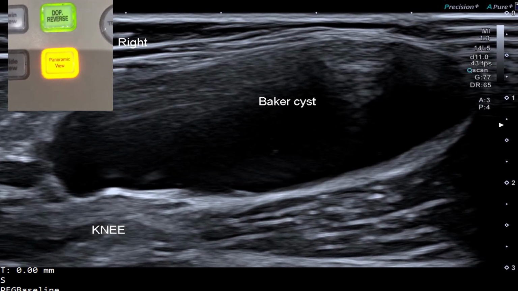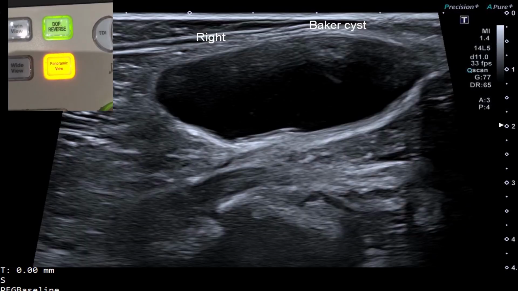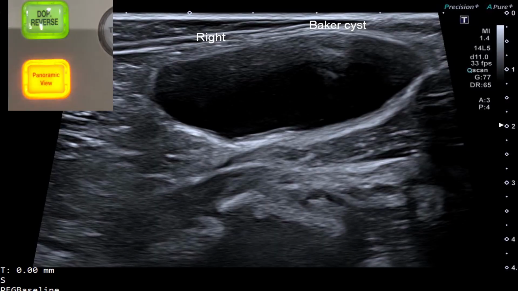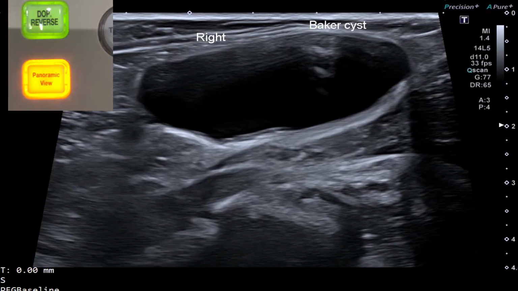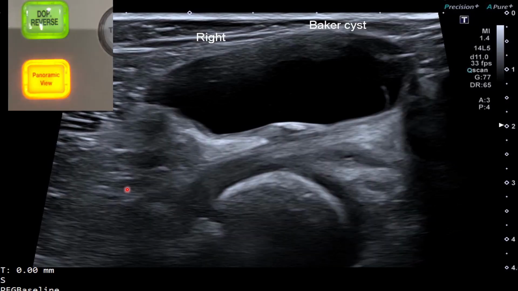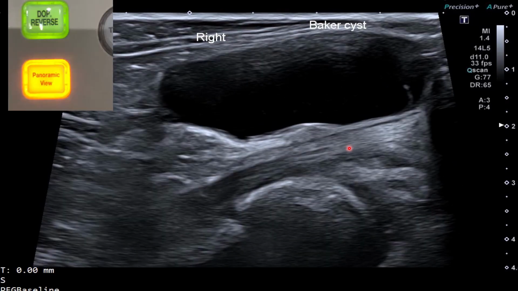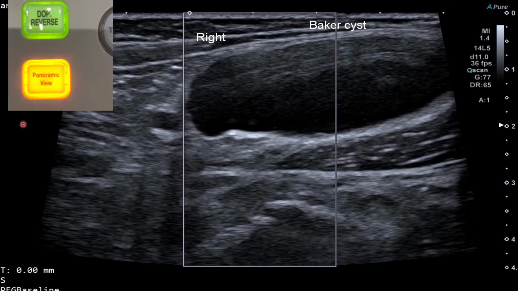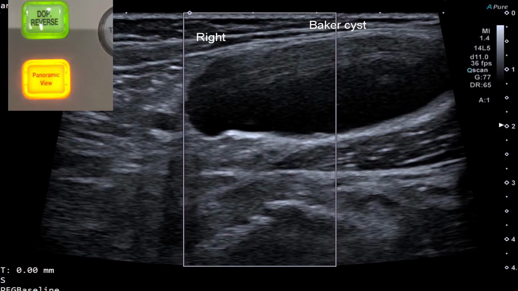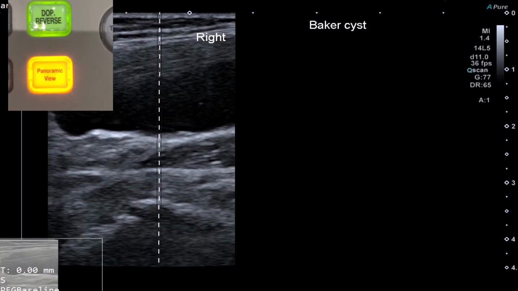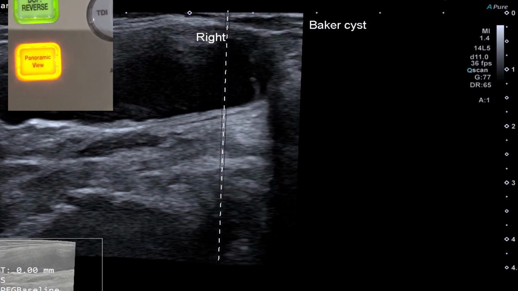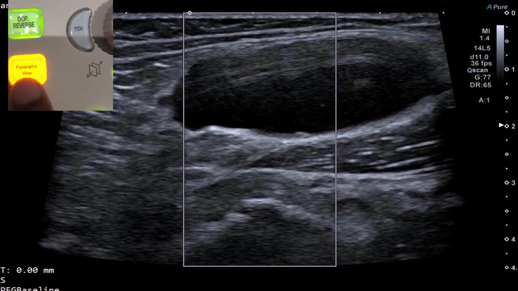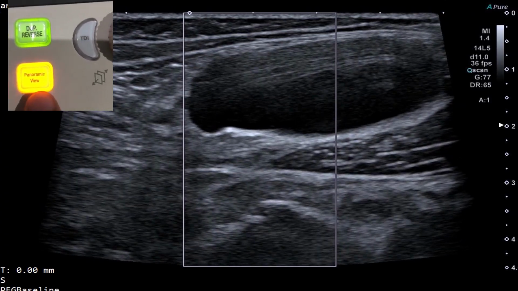If you don't use them, at times it will be very difficult for you to demonstrate the target tissue or target organs on ultrasound. So let's say that you've got an extensive mass that goes all the way. So if a mass is covering the whole of this area, then it will be very difficult for you to measure it and also to document it. So if you use the panoramic view, it sort of compresses everything, and then you can visualize it nicely like that. Unfortunately, some people with these very old machines, they don't have the capability of this panoramic view. They don't have these other applications which can help you